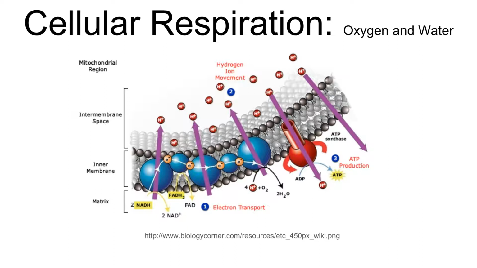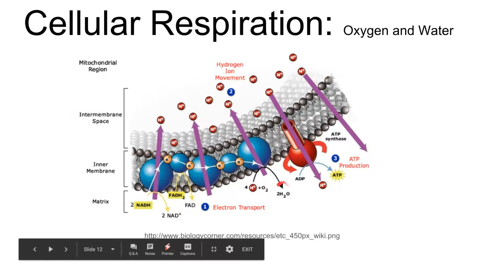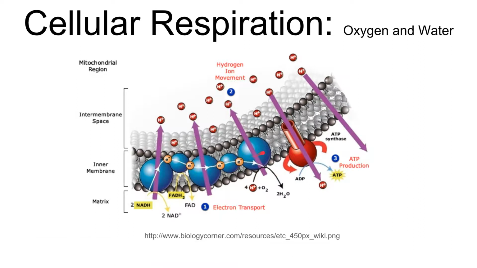In cellular respiration, we also have oxygen and water involved, but it's at the very end of the electron transport chain where oxygen comes in and cleans up and makes water. So all of these electrons being passed along the electron transport chain have to be removed from the electron transport chain by oxygen. If for any reason we are in oxygen debt, or if there's a particular chemical that is blocking the ability of oxygen to remove the electrons, this whole process stops because it creates a logjam of